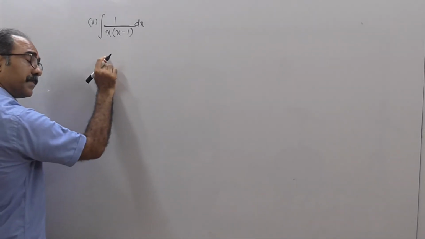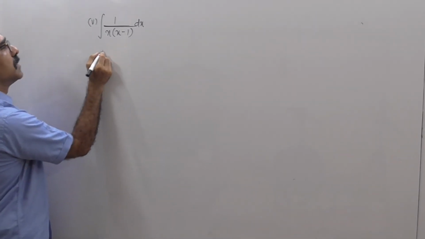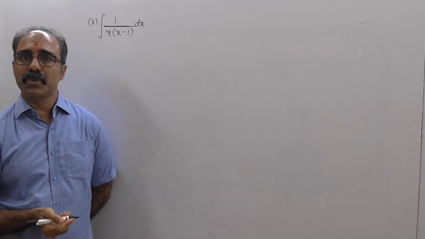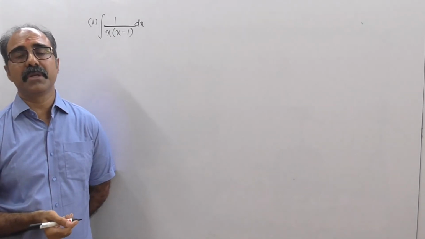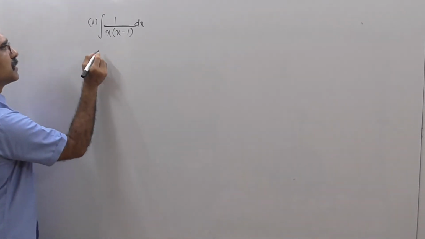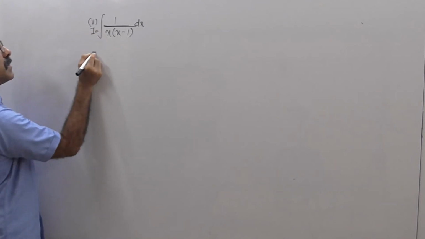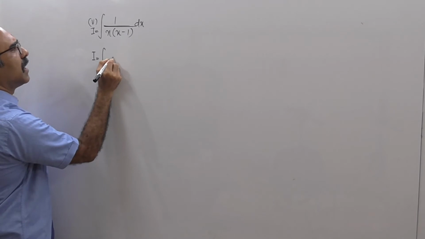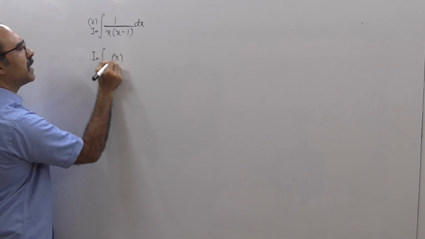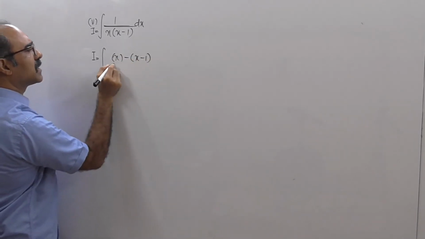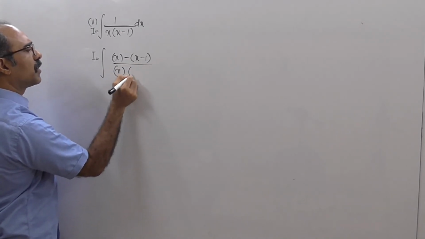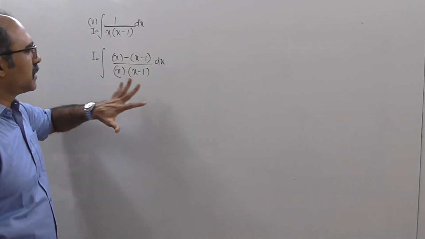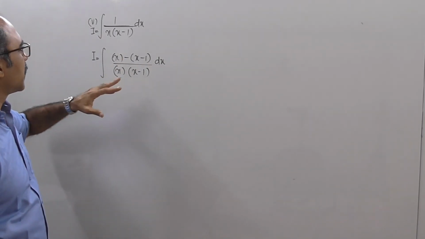This is quite a good sum. See, the basic problem in integration is there is no division rule. So you should try to convert that division in terms of an addition or a subtraction. So you have to remember or analyze the technique properly. What I will do is, can I write this as x minus 1 upon x into x minus 1 dx. Now, see, this is a bit difficult to understand. You have to memorize the technique basically.